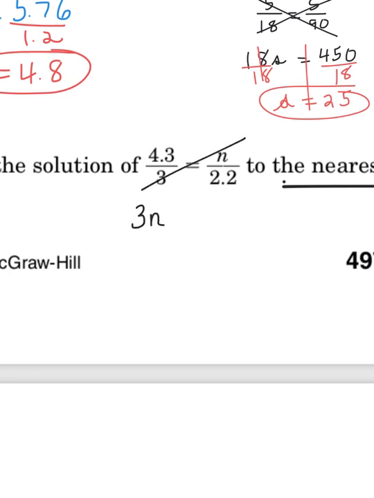3n equals 4.3 times 2.2, and that equals 9.46. Divide by 3, divide by 3, n equals